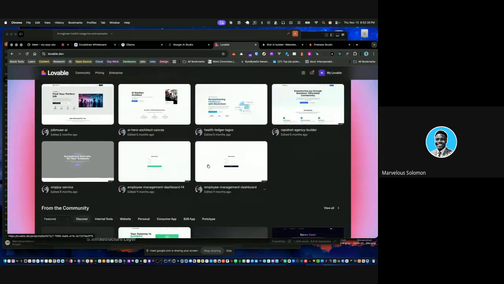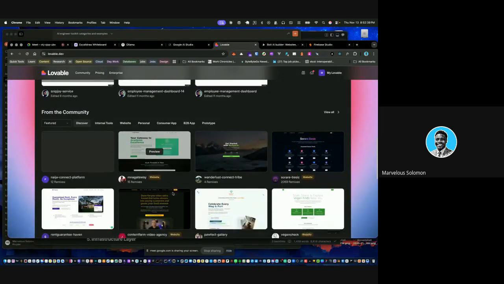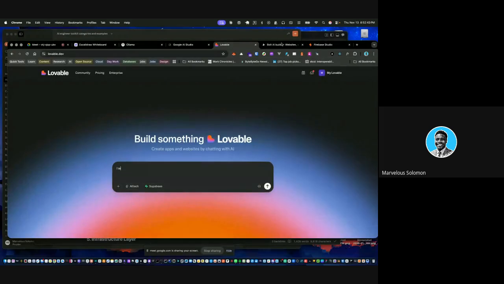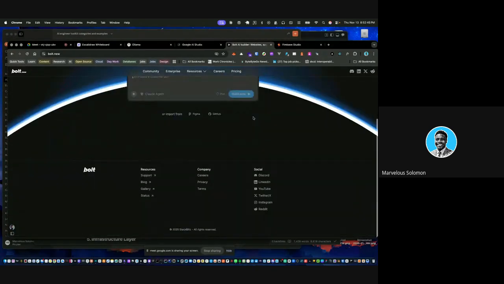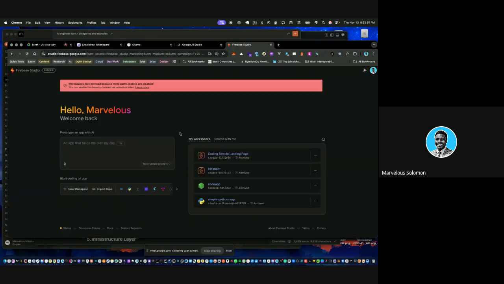I've built nice applications with Lovable, applications that I even deployed, even applications for customers, for clients, right? I've built applications with Lovable, with Bolt as well. I've used Bolt most of the time. Bolt is my first option, even before Lovable. I love using Bolt. And Firebase Studio, this time around, works in such a way that it can build